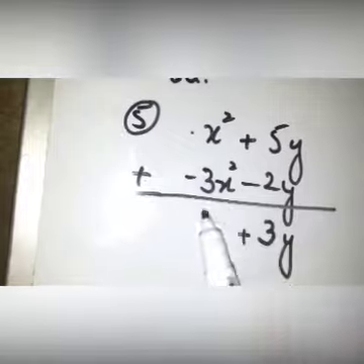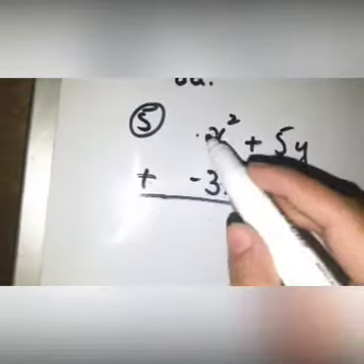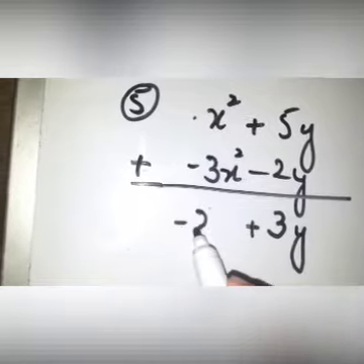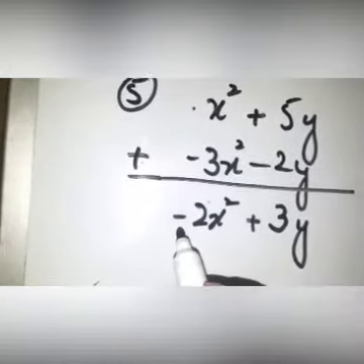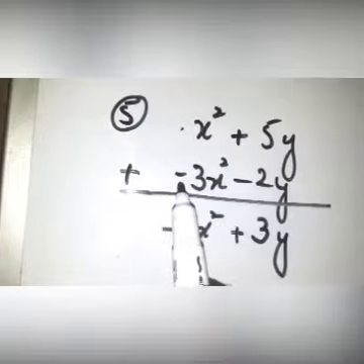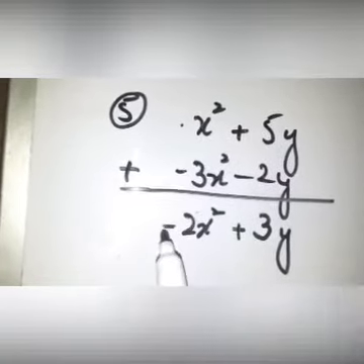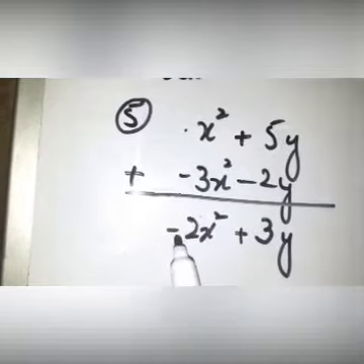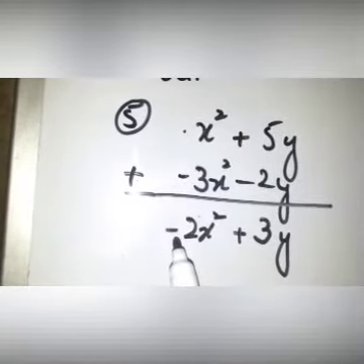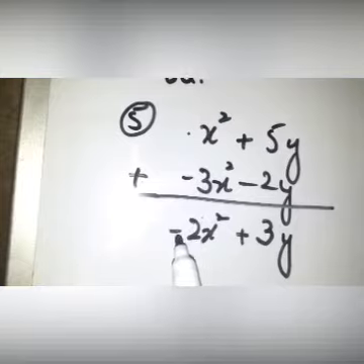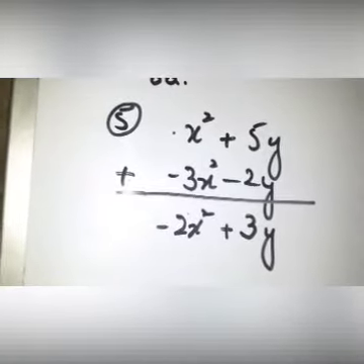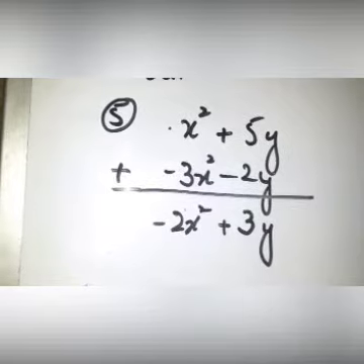Now plus minus minus, so subtract 3 from the 1 or 1 from the 3, so the answer will be minus 2x square. Minus will come because 3 is the greater value and has the symbol of minus. Negative sign, 3 has the negative sign, so the answer will become negative. So minus 2x square plus 3y. That is the answer of question 5, or question 1 part 5.